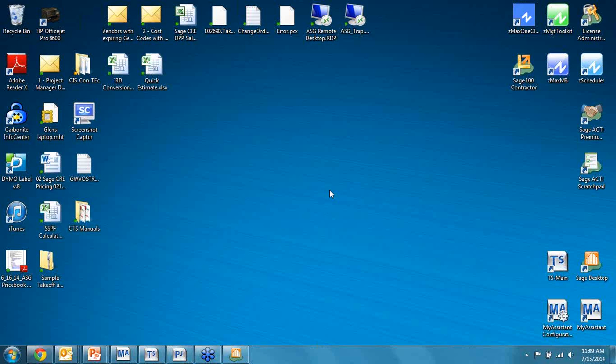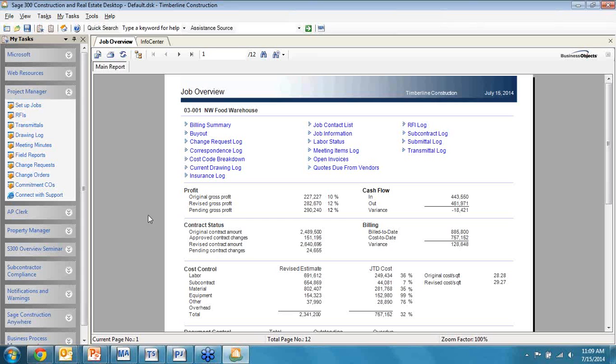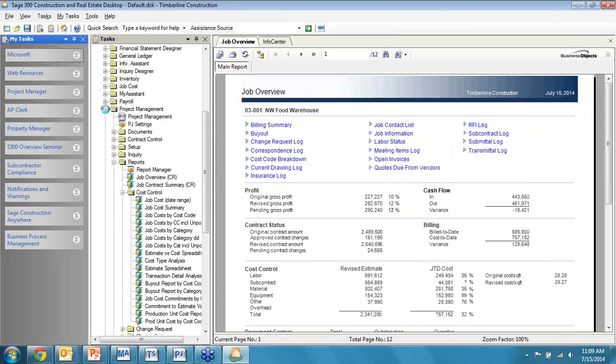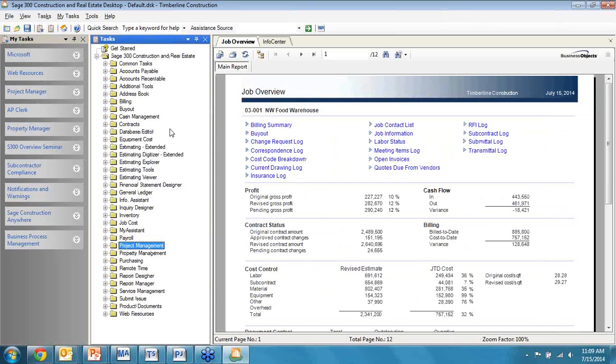Of the tools we use to help keep people accountable in our project groups. So first off, I'm just going to go into Sage Desktop and spend just a couple minutes here walking through what's available. When we look at Sage 300, it's a large application set that has multiple capabilities. And we call most of those modules, but project management for us is one of the modules that are available